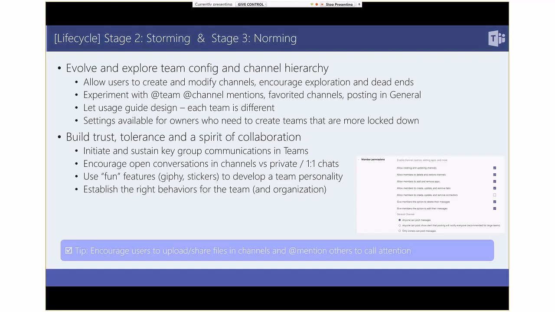The other aspect of things is to build trust, tolerance, and a spirit of collaboration, right? This is actually interesting because Teams is a product that puts collaboration front and center, right? So you want to have people discover for themselves how to communicate within it. You want to initiate and sustain, right? Initially, when users come in, especially if they are new to Teams,